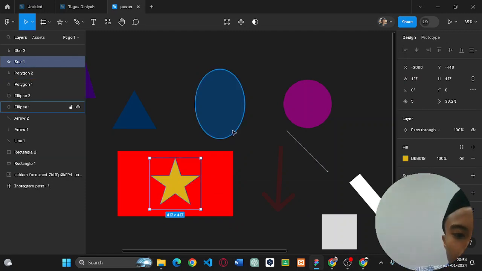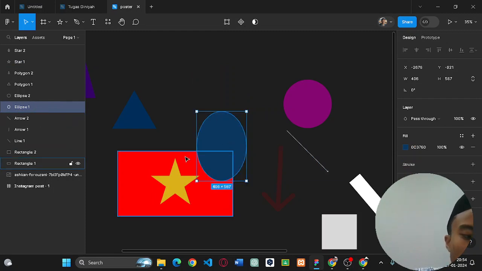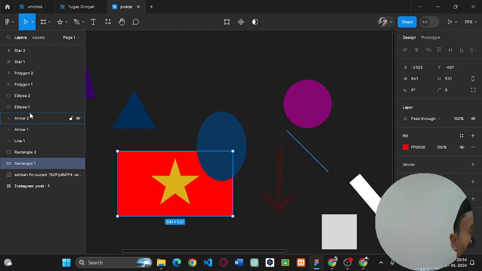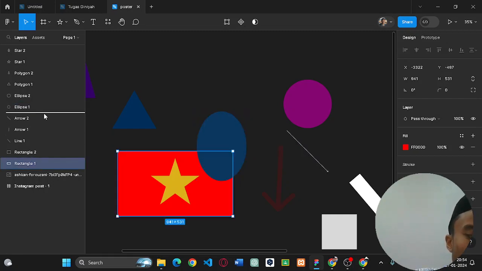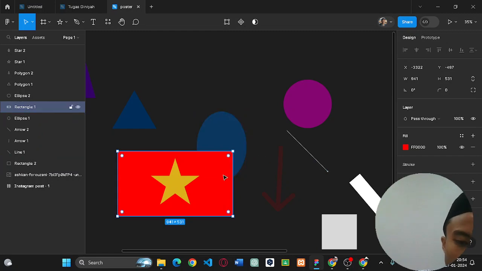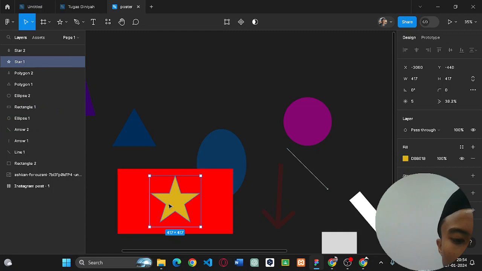And then these are the layers, man. So this ellipse is up on the rectangle because the rectangle is in here, and the ellipse is in here. If you move the rectangle to here, boom, it will cover the ellipse. And then this is star one.